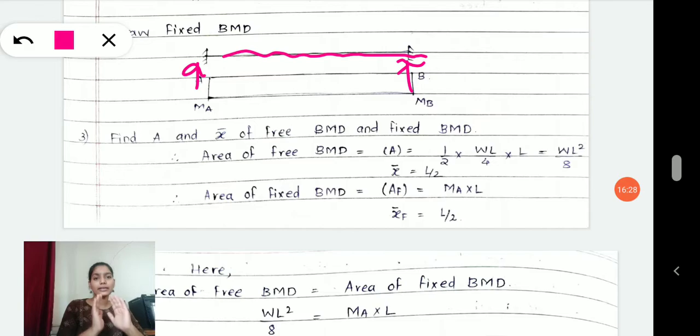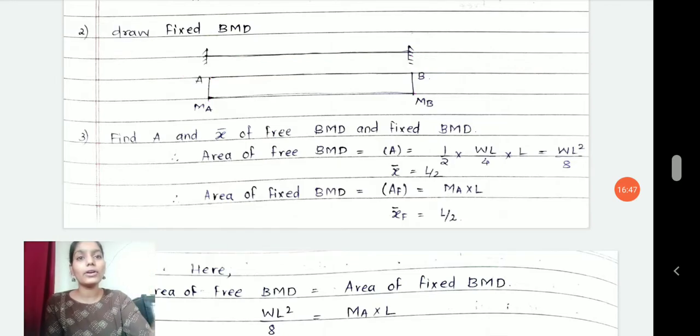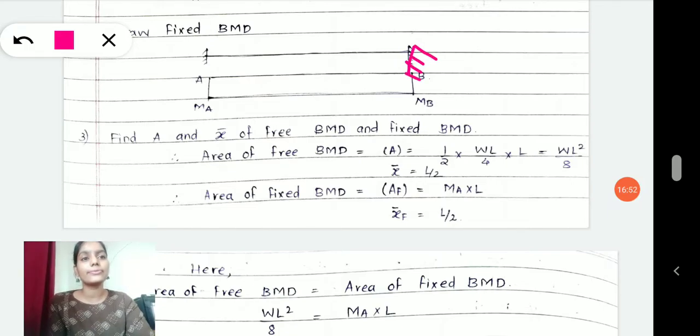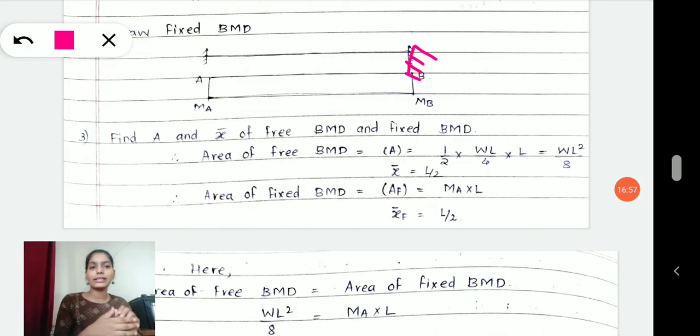Therefore here what we are doing, we are simply assuming that a certain amount of moment at A and B will be developed. Now why are you saying the moment will develop at the support? Why not in between? Because there is no force in between, there will not be any moment. But there will be a moment at the support, because if the support is fixed, movement in the rotational direction is restricted, and if there is a restriction, there will be a reaction, and it will be a reaction in the form of moment.